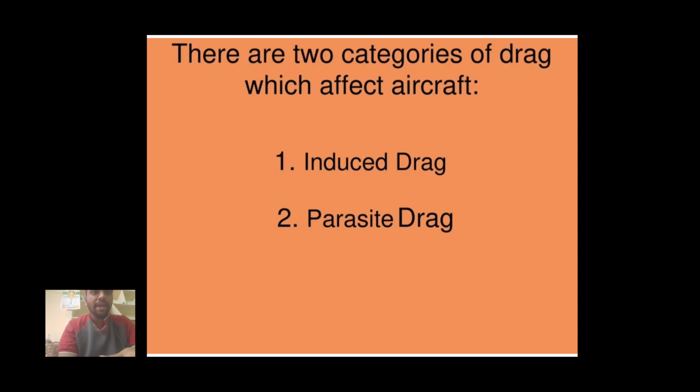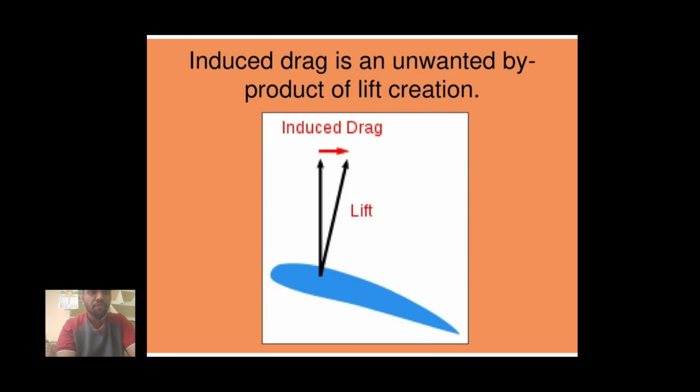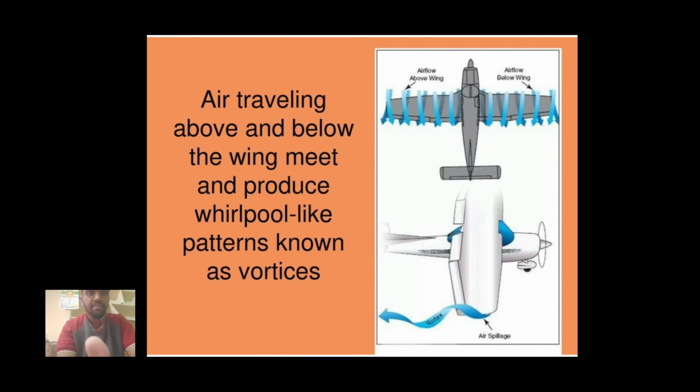There are two categories of drag which affect aircraft: induced drag and parasitic drag. First, induced drag. The aircraft shows how induced drag affects it. Induced drag is an unwanted byproduct of lift creation. Air traveling above and below the wing meet and